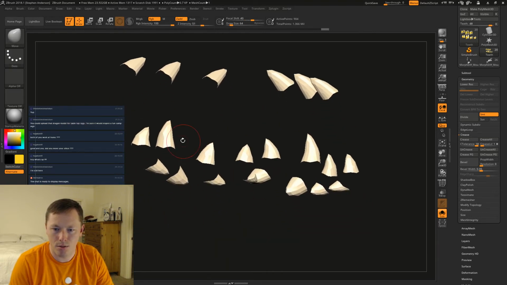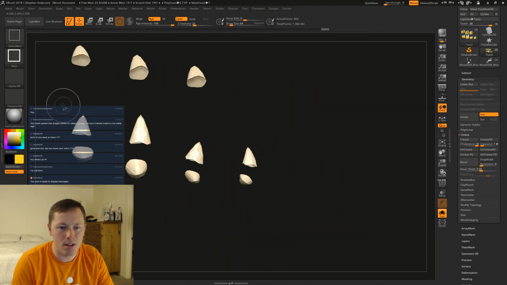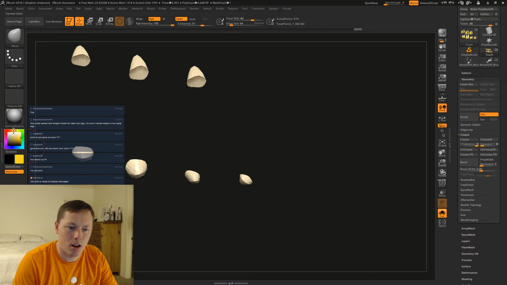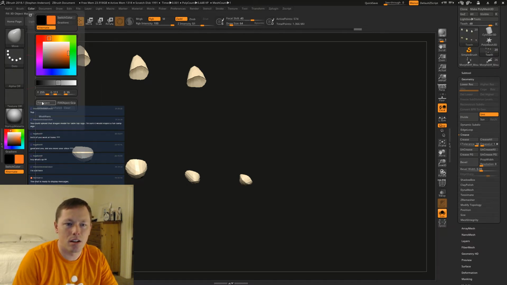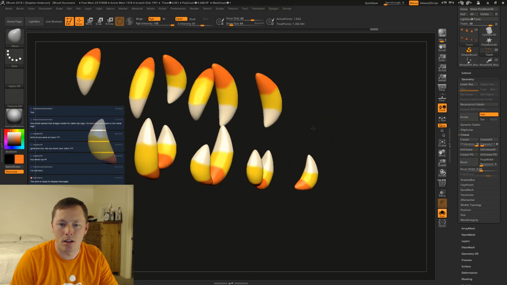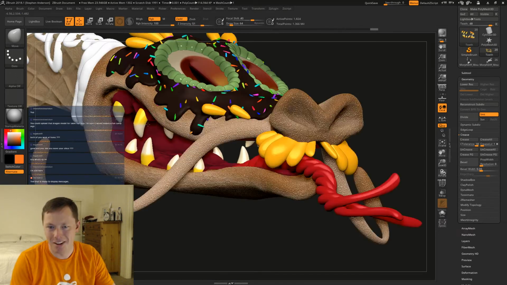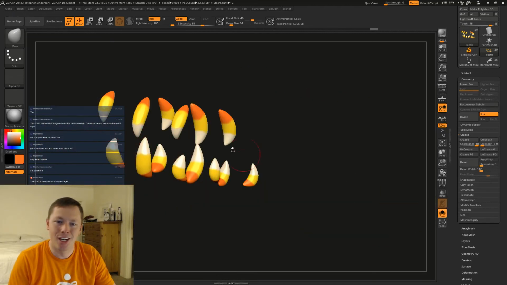Let's get rid of the white pieces. I know that it seems like I couldn't really see it, but just to make sure that it's actually there, we're just gonna add it anyway.